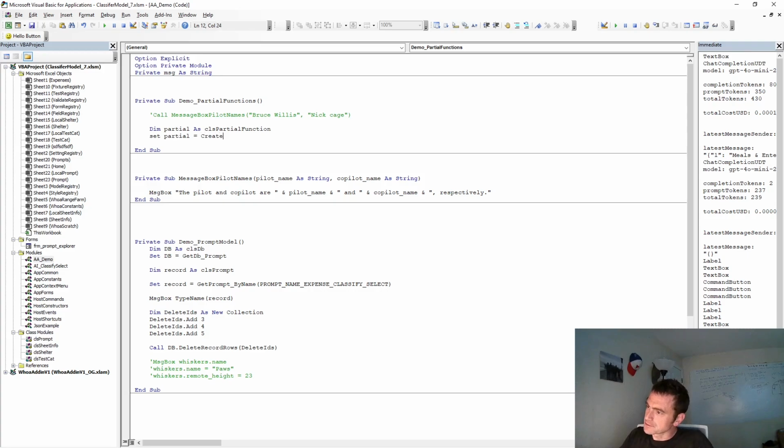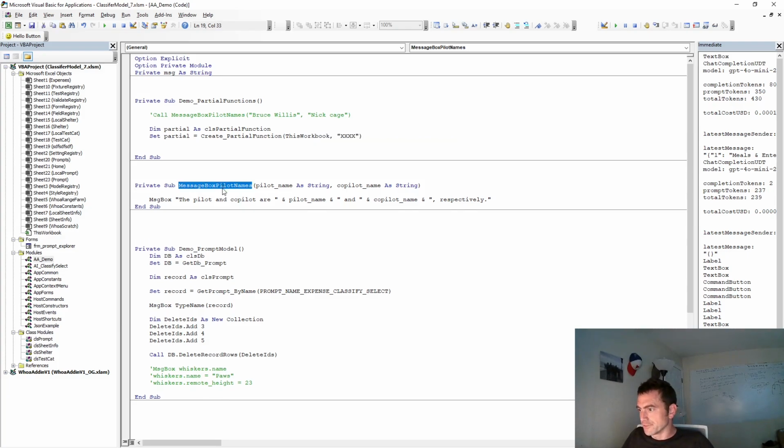Set partial equal to create partial function. This workbook, we're going to give it the name of the function to call. So it says proc then args. The proc is the procedure, and then the args are what we want to pass to it. So this function